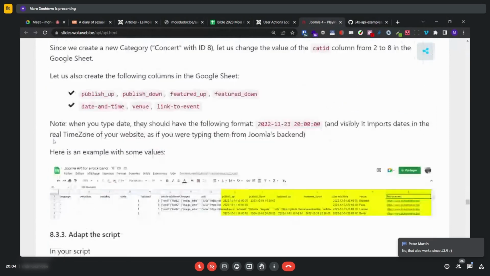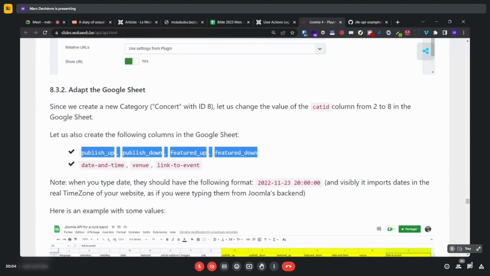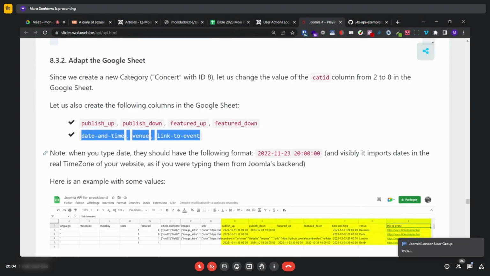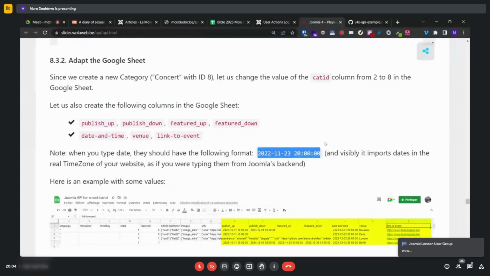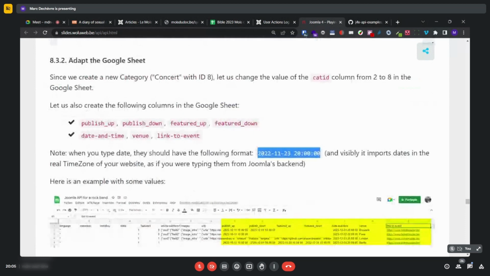Also, you can go quickly for some more advanced stuff, like you can also add publish down, publish up, featured down, or any custom fields. In those custom fields, if you have a date, you need to format it like the technical format, which is year, months, day, hour, minutes, seconds. And also, what I regularly do, I use the Regular Labs. There is a custom field made by Regular Labs, which is called articles, a custom field allowing to select another article. So typically for my movies, I could have